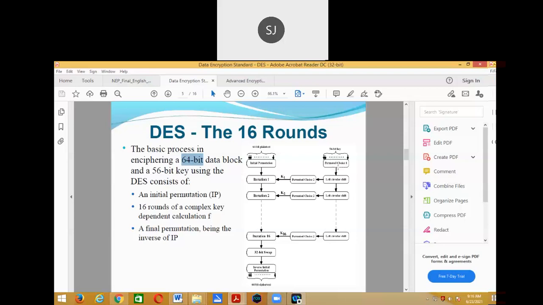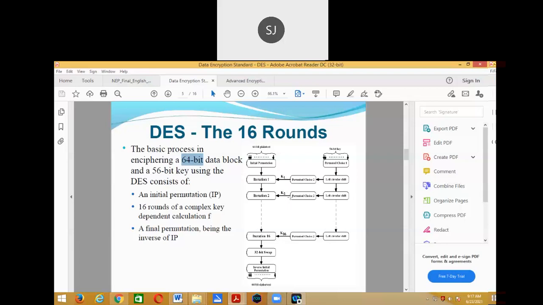Then we do a left circular shift, which is a sort of left rotation by one place. The 56 bits are rotated to the left by one place, and then permuted choice 2 is applied, where again the bit positions are changed. Out of these 56 bits, the first 48 bits are taken as the input key. So the input key is 48 bits here.